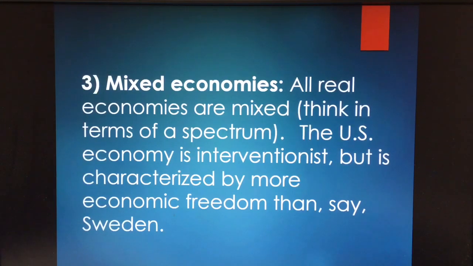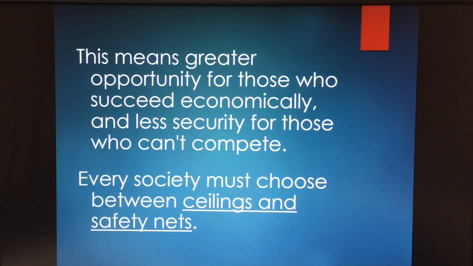Up at the top are, say, Denmark, which is a Scandinavian economy that supposedly has high taxes and high government payouts, government programs. But in fact, they do have private ownership of goods, and they have relatively few regulations, no minimum wage laws, very few restrictions, very easy to start a business, and those sorts of things. But anyway, most economies have some measures of intervention. This means greater opportunity for those who succeed economically and less security for those who can't compete. I guess what this is talking about here is a country that has